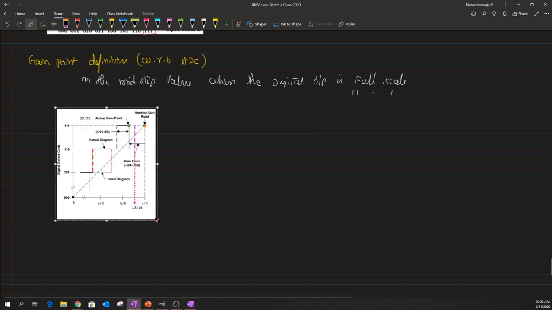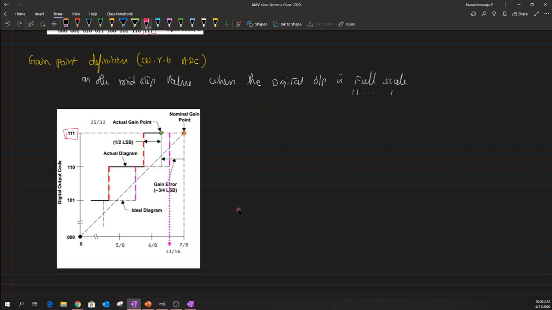Yeah. So as you could see, whenever the digital data output is equal to 111 for a 3-bit ADC, we are supposed to get a corresponding mid value of 7 by 8. Okay, so this is the value that we are supposed to get, when we are feeding in an input voltage of 7 by 8, we are supposed to get a value of 111. Okay, but rather what we are getting is that when the mid value of